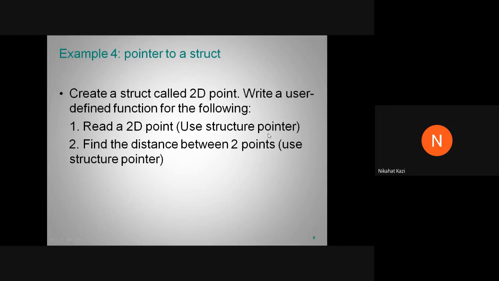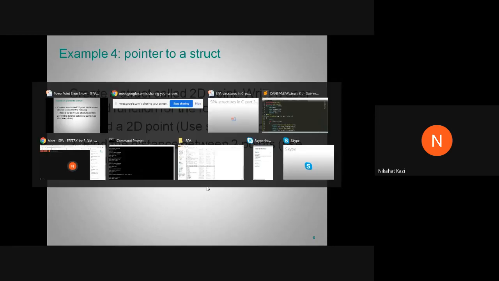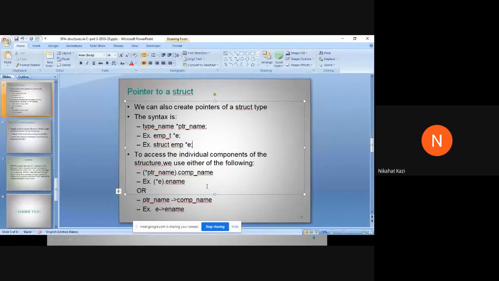So how to do this we will see. Basically, our parameters in the functions will be structure pointers. Okay, so going back to the code,